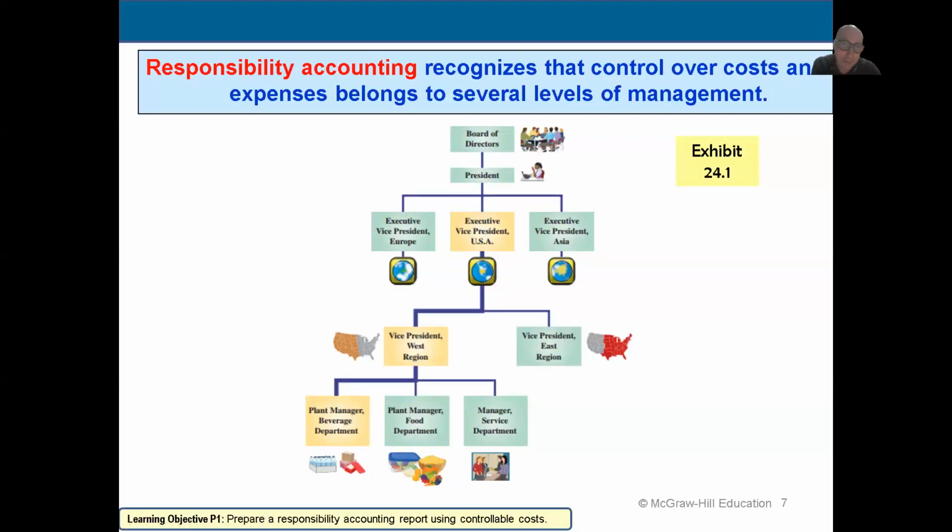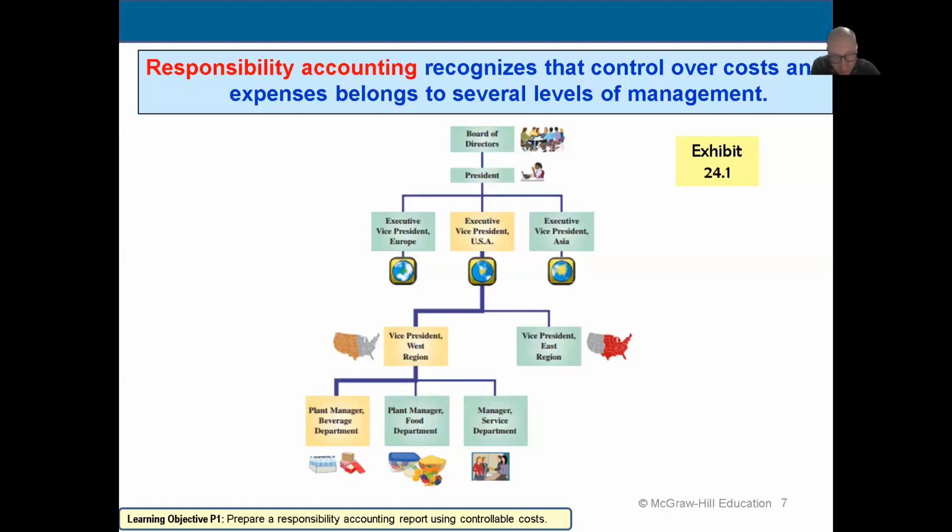Responsibility accounting is organized based off of the hierarchy of the company. For a large company like Macy's, for example, they have several different departments within the store. The store belongs to a region. The region belongs to a country. And the country belongs to the president, and then ultimately the board of directors. See,